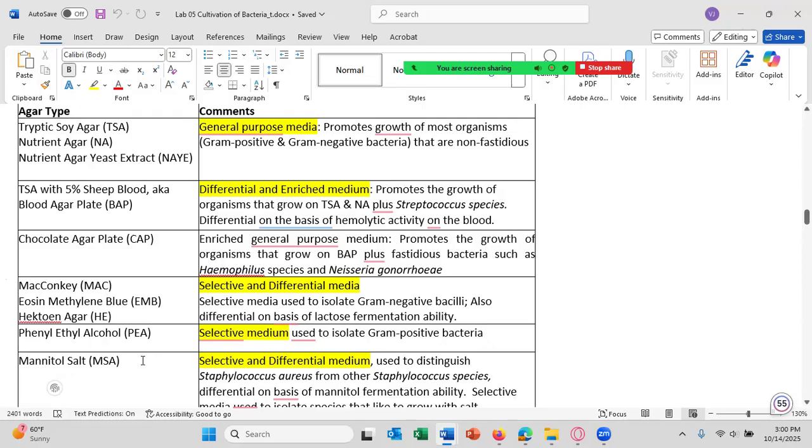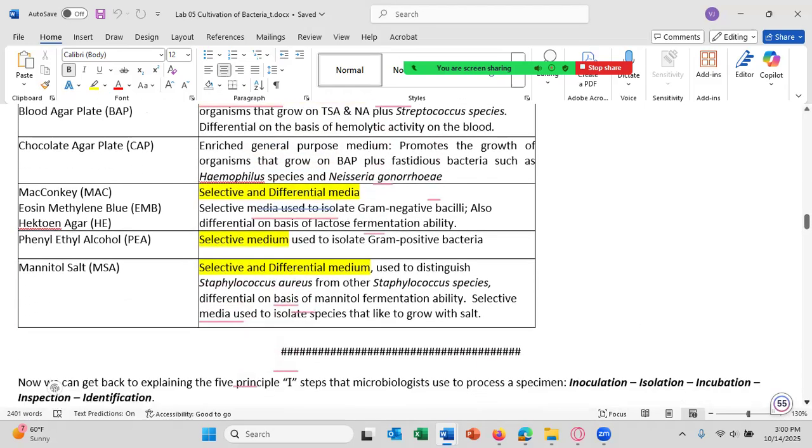And then we have mannitol salt agar, or MSA, and it is a selective and differential media. It is selective in that only salt-tolerant organisms can grow on mannitol salt agar. It has 7% sodium chloride in it, and most organisms will not grow in 7% sodium chloride. In fact, most organisms require 2% sodium chloride or less to grow, and MSA has 7% sodium chloride. Staphylococcus species can grow on this plate, as can, I think,